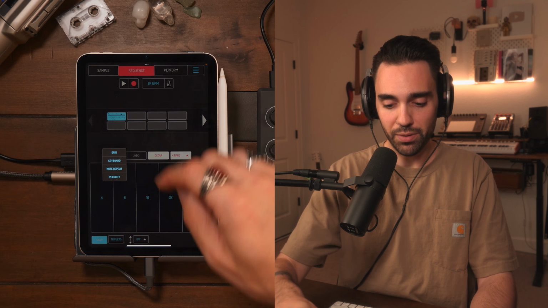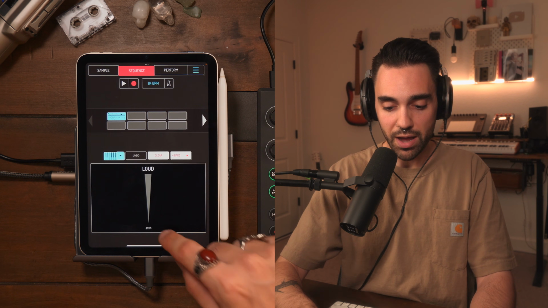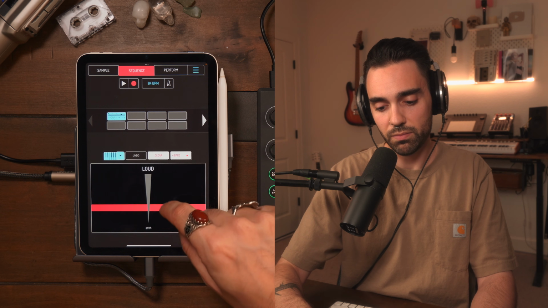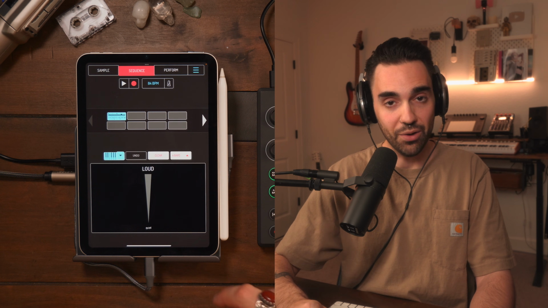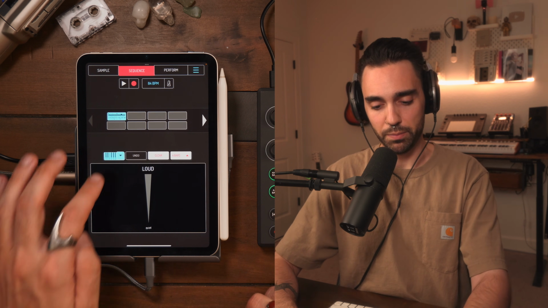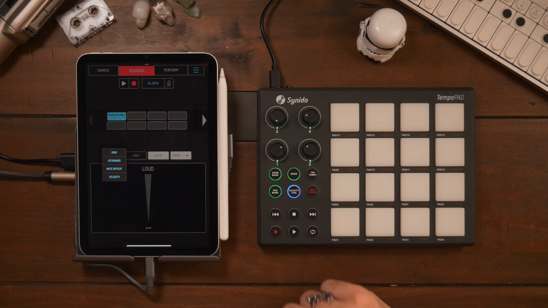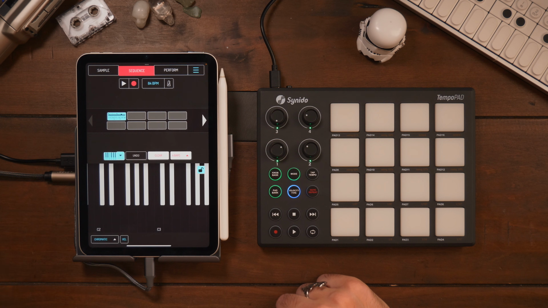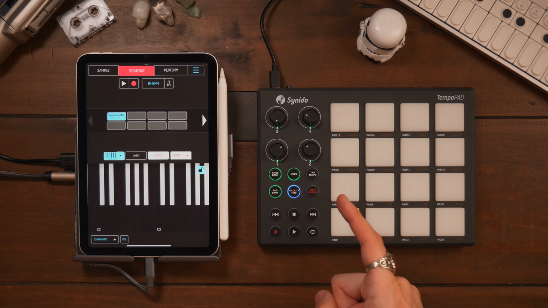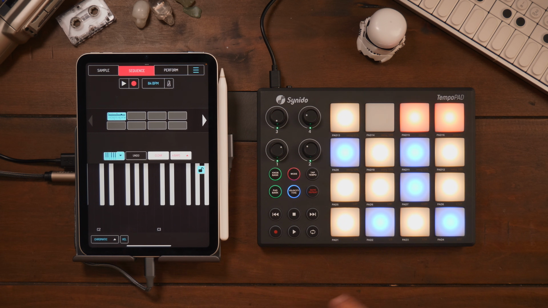It'll repeat the sample at a certain interval. And then there's velocity, where I can play from quiet to loud. Another useful mode, especially for percussion, that you want to have a more natural sound if you can't get there on your touch screen. But I'm going to switch mine over to keyboard just because you can see the notes, and then I'm going to switch the tempo pad over to this chromatic mode,